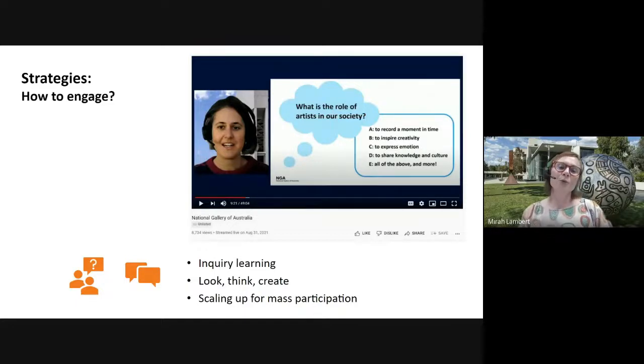But also we use things like visible thinking strategies, where processes like a sequence of look, think and create is something that we use in our resources, and we will also use in our digital excursions or similarly in programs on the floor.